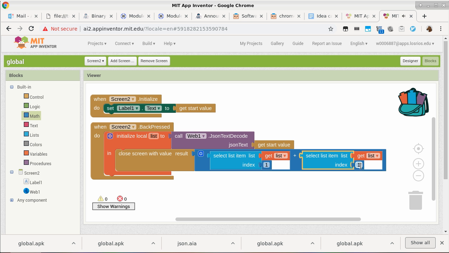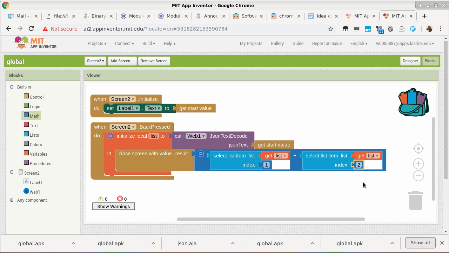So this is how we get back the two numbers individually, because one is the first item of the list, the other one is the second item of the list. But you have to make that list first by calling JSON text decode, because otherwise the start value is just a string. It just looks like a list to you and me, but it's not a list from the perspective of App Inventor. Is that okay?